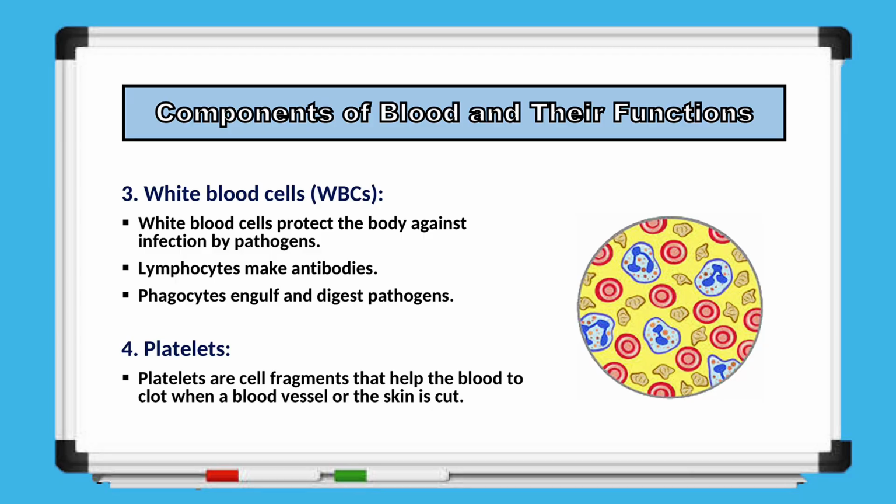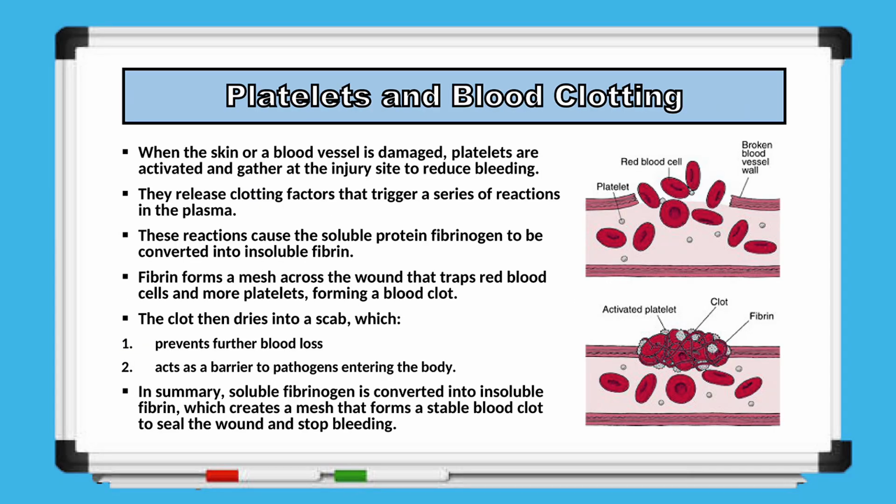Then, we have platelets. Platelets are small cell fragments that help the blood clot whenever a blood vessel or the skin is damaged, preventing excessive bleeding. So, let's see how platelets carry out their role in blood clotting. When the skin or a blood vessel is injured, platelets become activated and gather at the site of the damage to help reduce bleeding. They release clotting factors that initiate a series of reactions in the plasma, which convert the